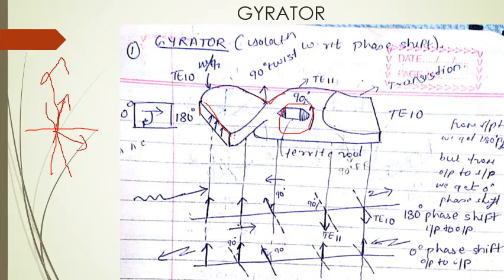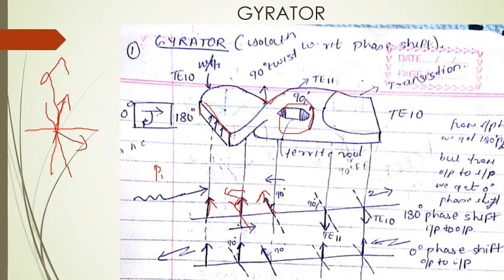Fine. Now, assuming that the wave is propagating from P1 to P2, suppose this is P1, the wave is trying to propagate from P1 to P2. The signal, while coming over here, is a TE10 electrical signal. It will propagate and come over here, nothing is there, no resistor card, no problem, it will just propagate. What is over here? Mechanical twist of 90 degrees in anti-clockwise direction. So the signal comes over here, you have the quadrant like this. After passing over here, this signal will be bent 90 degrees in the anti-clockwise direction. That's why you can see over here the signal is bent. Can you all see this?